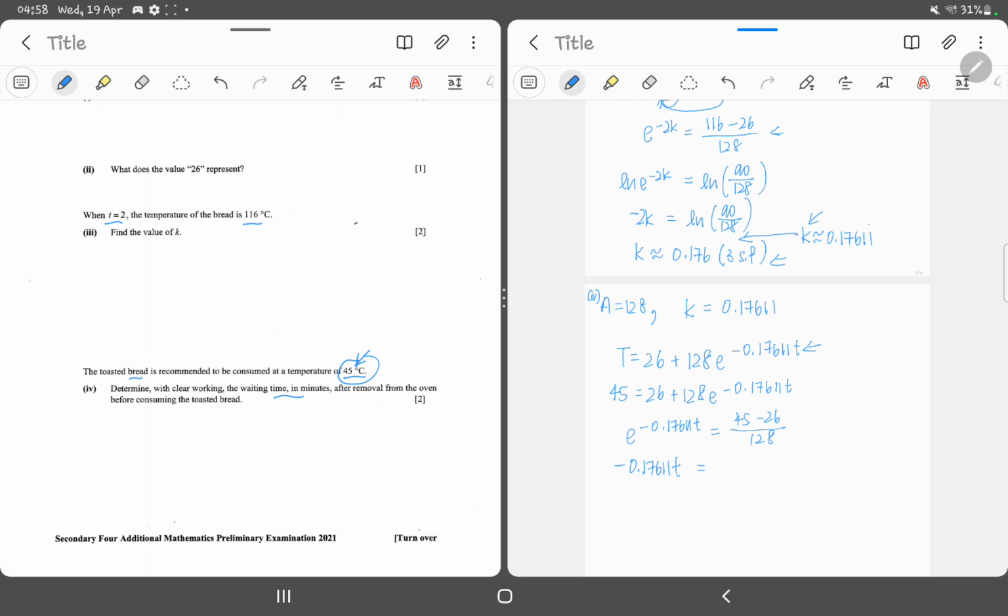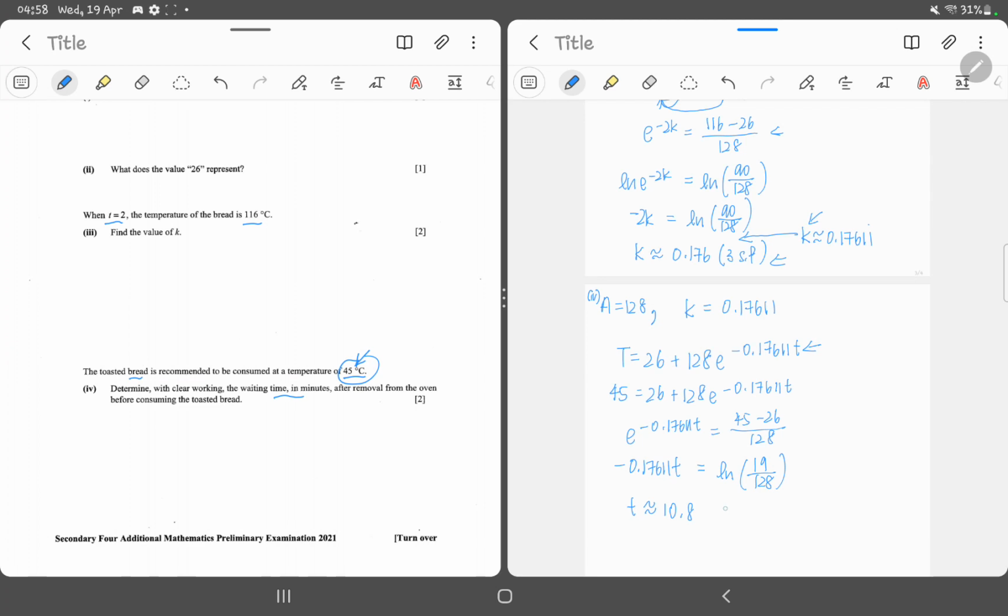So this is actually equal to ln 19 over 128. Now keying in your calculator, we get that t is approximately equal to 10.8